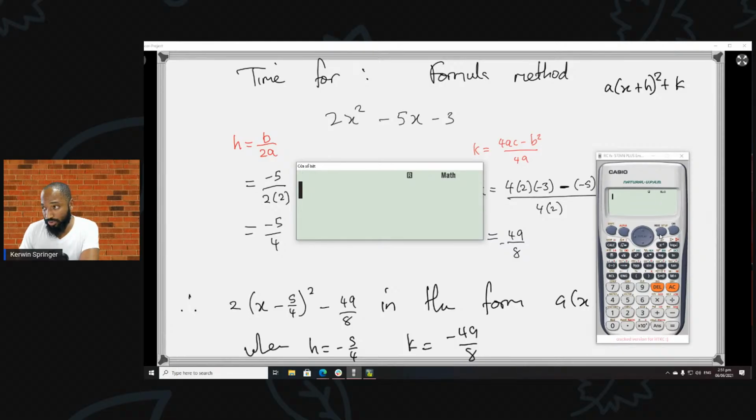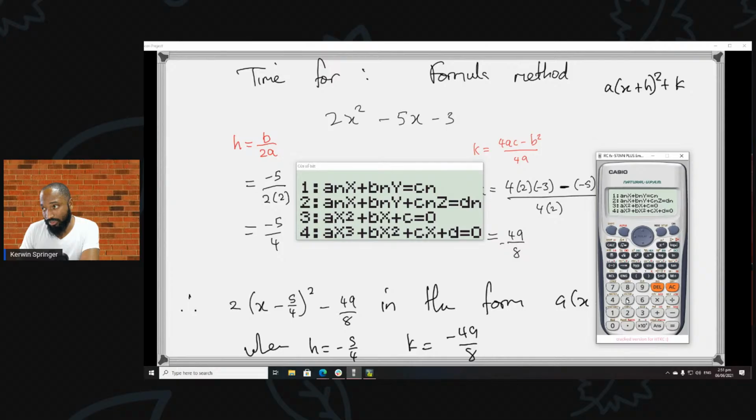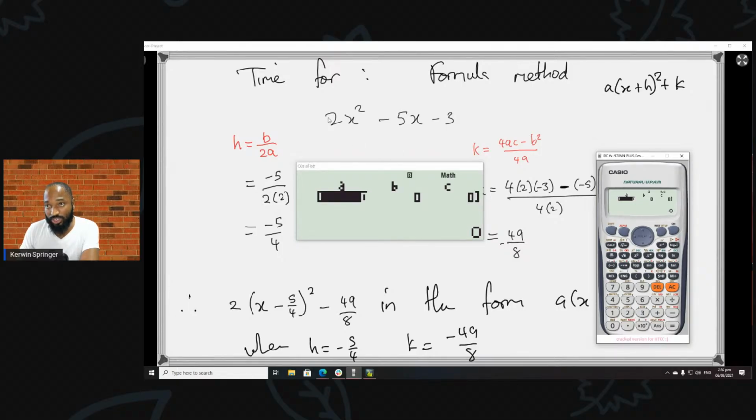So you're going to press mode. You're going to press equation, which is 5. You're going to press number 3 to bring up the quadratics. And then you're going to put in the coefficients. 2, -5, and -3. A, B, C, right? Then the next time you press equal, you will get the